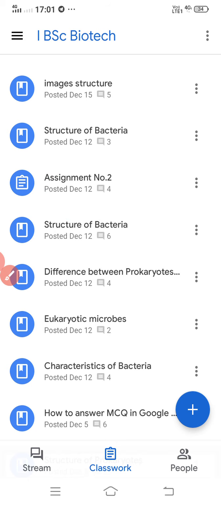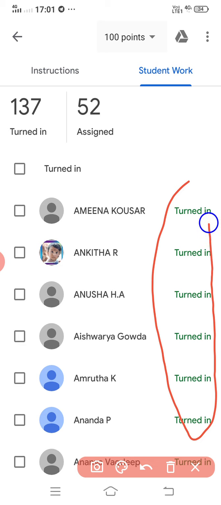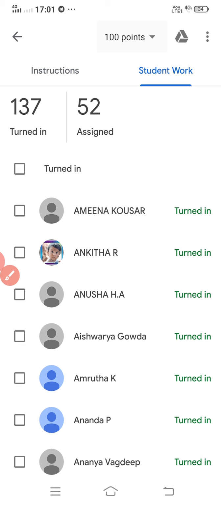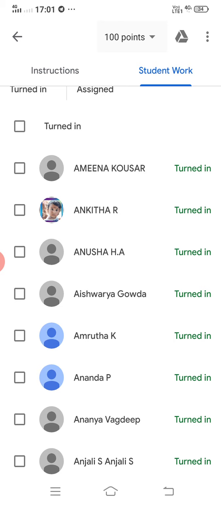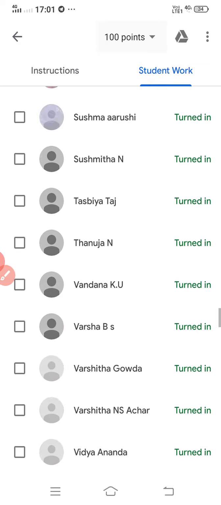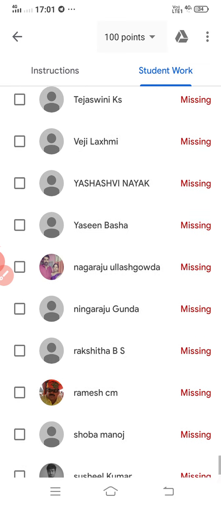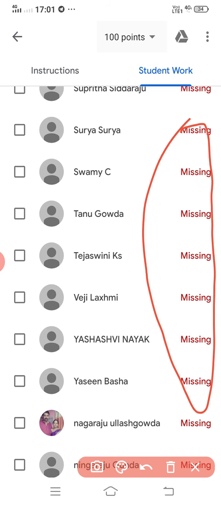When you click on the assignment, those who have submitted will be shown as Turned in, and those students who have not submitted the assignment will be shown as Missing.